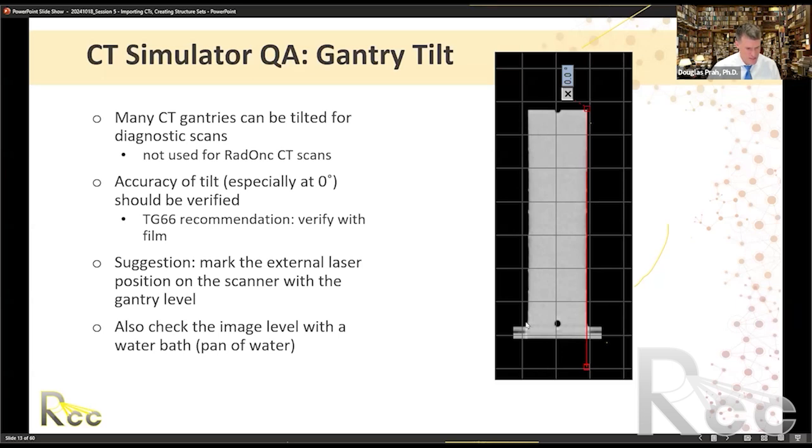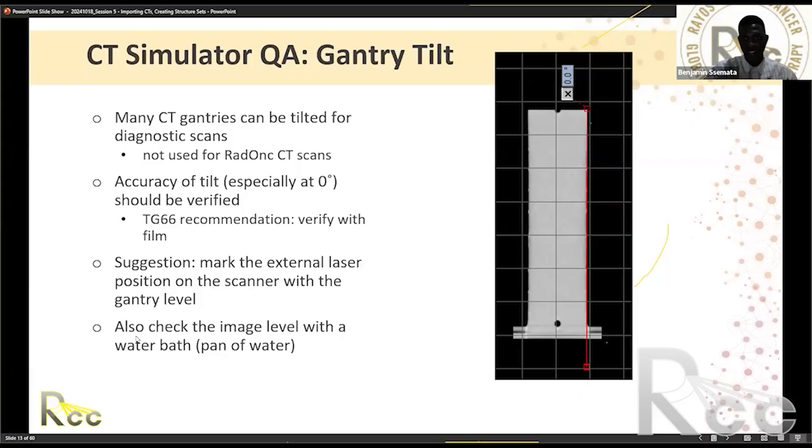It's actually pretty easy to do with a CT scan. Most software will let you draw a vertical line, and then you can compare the vertical line to, let's say, a phantom. We have a plastic phantom that sits vertically on the table, and we use that to reference that it's level or not, and that helps us to confirm this. The other thing that I find is useful is